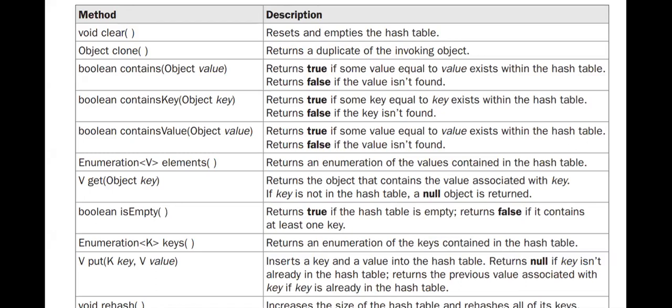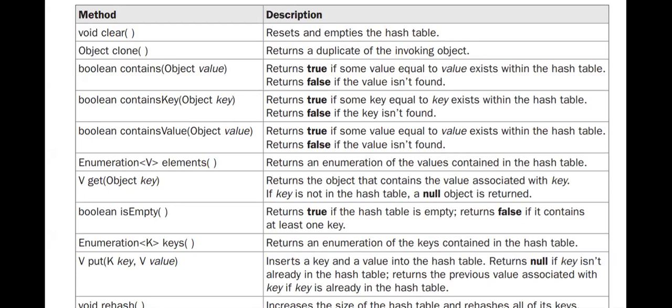So void clear. So clear method will reset and all the entries that are there in the hash table will be removed. Then clone method returns a duplicate of the invoking element. Then contains method will return true if some values are equal to whatever parameter that has been passed exists in the hash table. So if that value is not present, then it will return false.